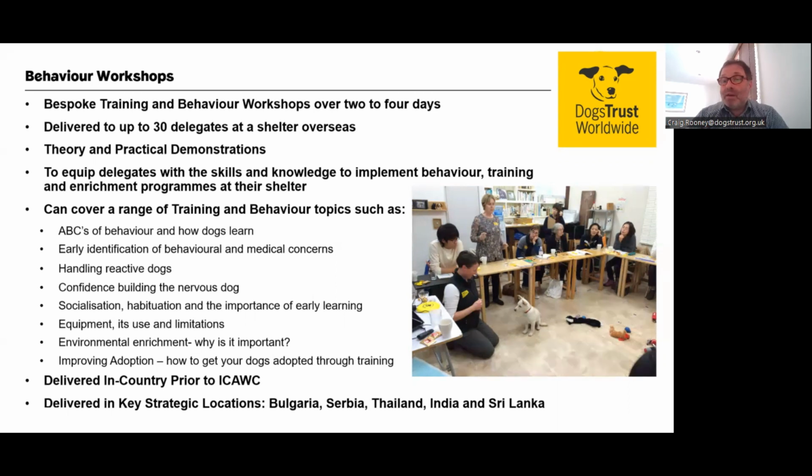Potential topics which can be covered include ABCs of behaviour and how dogs learn, early identification of behavioural and medical concerns, handling reactive dogs, confidence building of nervous dogs, socialization, habituation, and the importance of early learning, equipment and its use and limitations, the importance of environmental enrichment, and improving adoption through training. These are only some of the topics that are covered, and the workshops can be designed to suit the learning